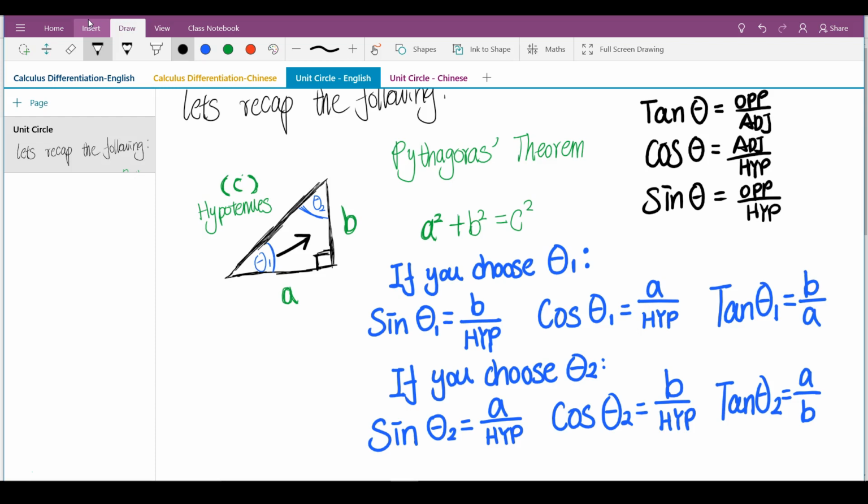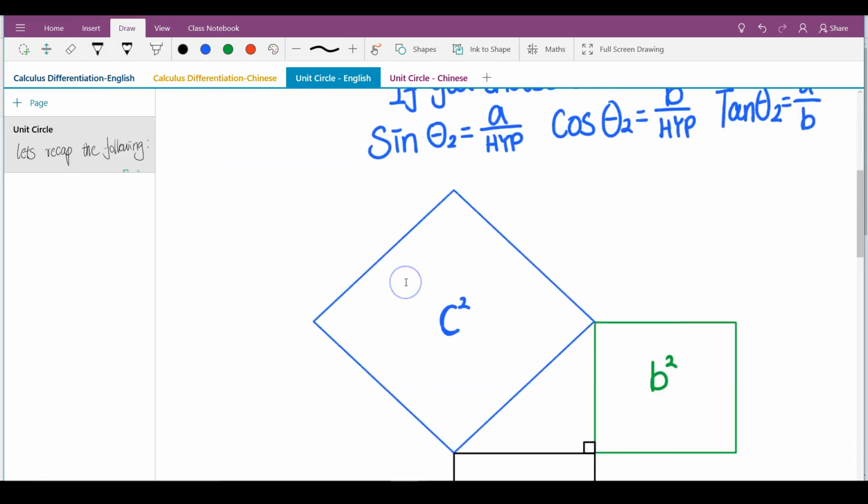Great. I'm not saying that is wrong, but come on, we need some visuals. Math is all about visuals. Seeing is believing, right? So what I have prepared is